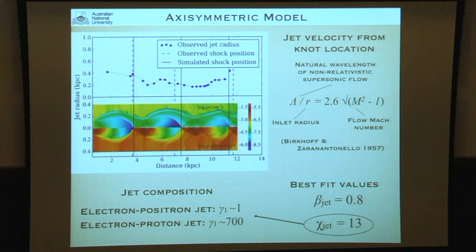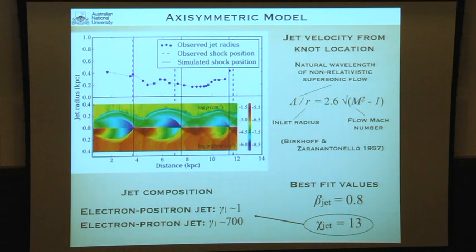So with the axisymmetric model, we parameterize the jet, and especially we estimate the jet velocity. And the idea comes from the classical relationship between the natural wavelength of a supersonic flow and Mach number of that flow. So in this equation here, lambda is the natural wavelength of a supersonic flow. So we